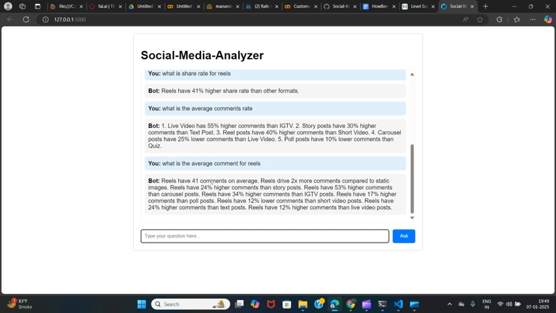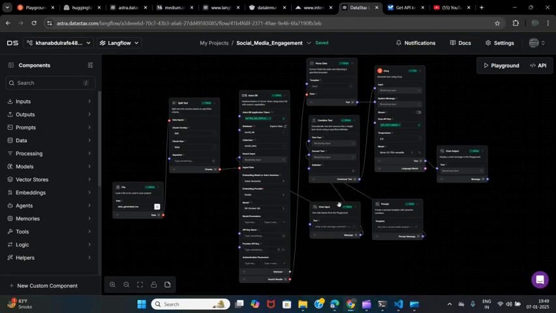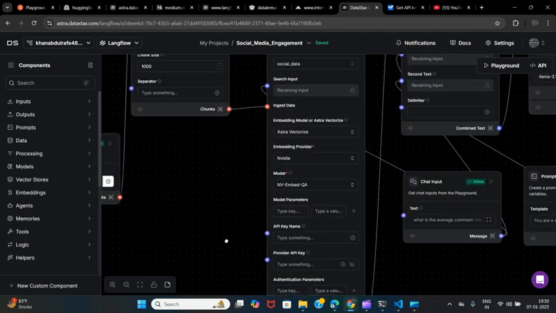So Reels have 41 comments on average. Reels drive 2x more comments compared to static images. We get this kind of similar output, the desired output mentioned in the assignment. The reason we get output similar to what is mentioned in the assignment section of this hackathon is that we have defined the prompt template such that we can get this kind of output in comparison with different post types. So this is what our assignment looks like, which is the prerequisite